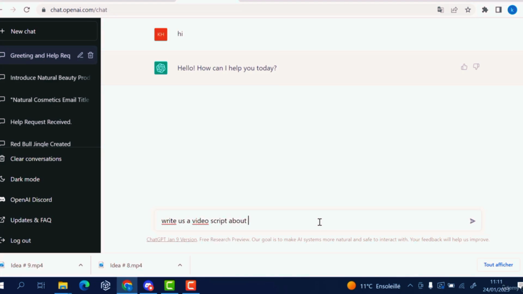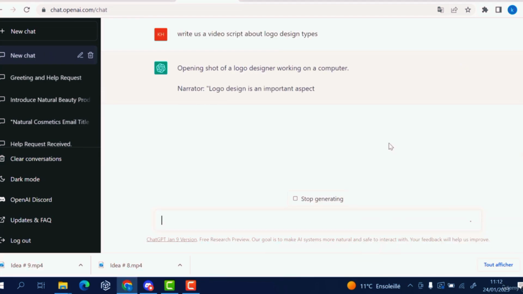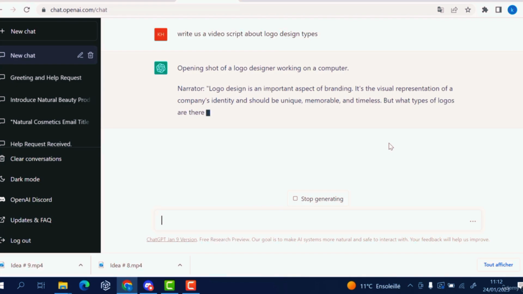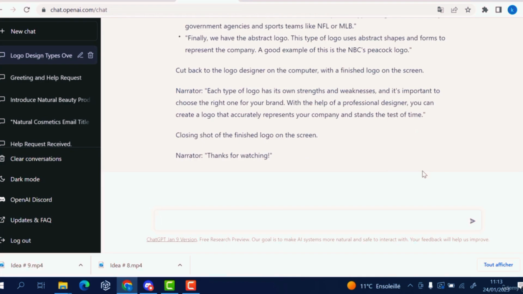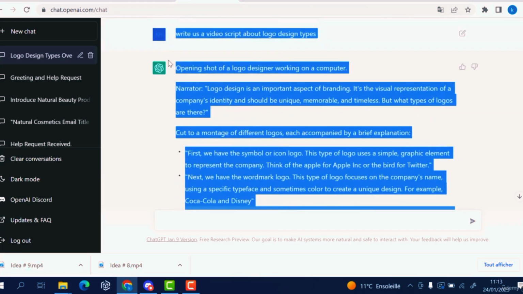about logo design types. And here we are. It's given us the script for the video. And now ChatGPT has finished to write all the script. We will copy it